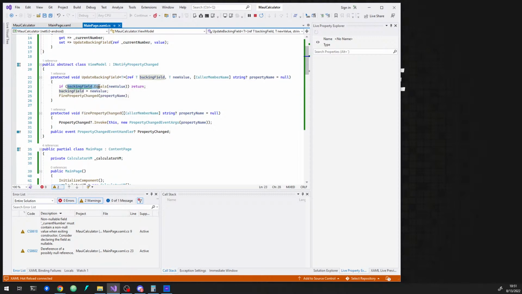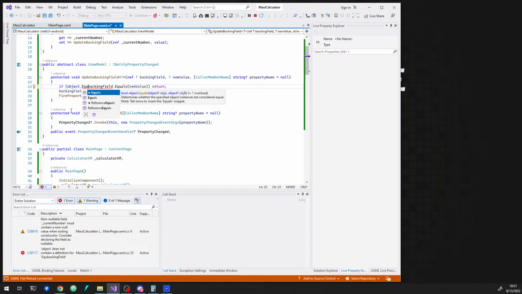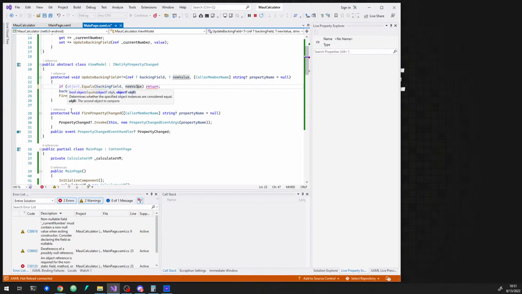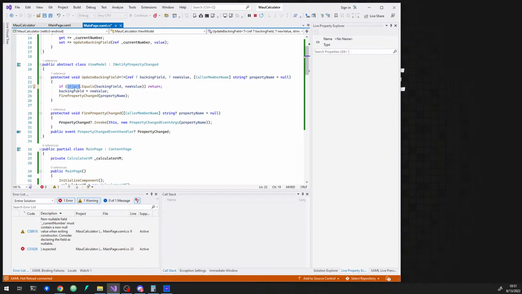Maybe another way to write this is to use a static method instead. Like maybe there's an object equals. Wow, that should, I think, solve it. I think that'll work. Anyway,